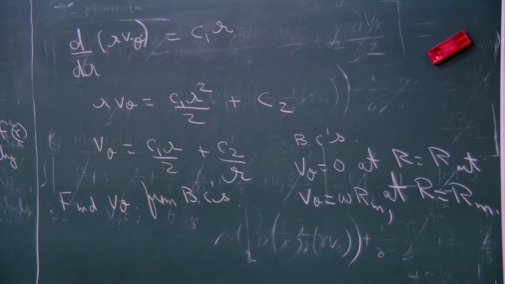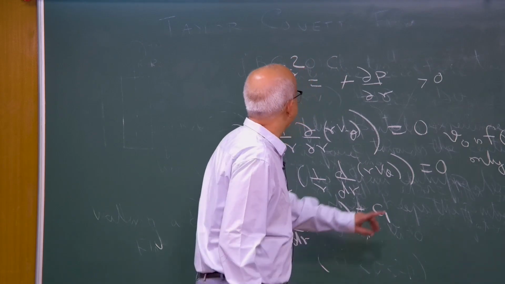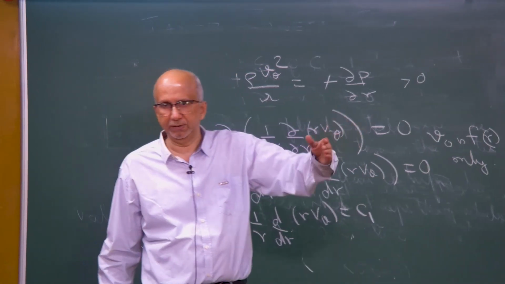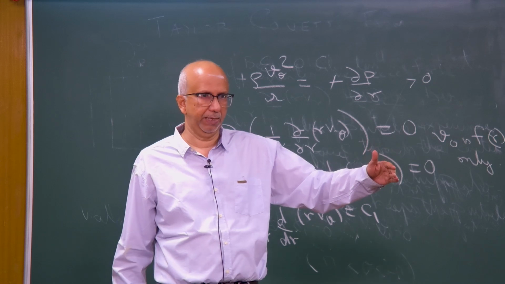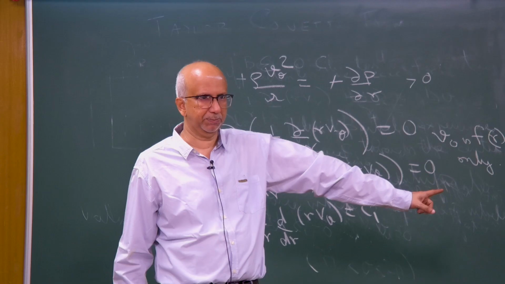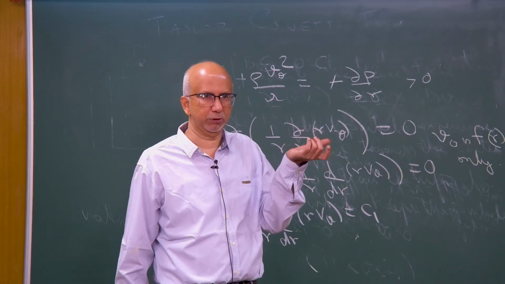Okay. So, now that you know what is v theta, then you can substitute it back here and find out how the pressure is changing in the radial direction, okay. You have the expression of v theta, you can get that, but our objective is to find the viscosity,